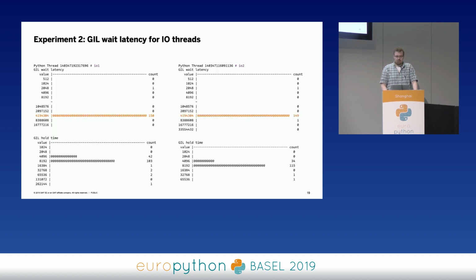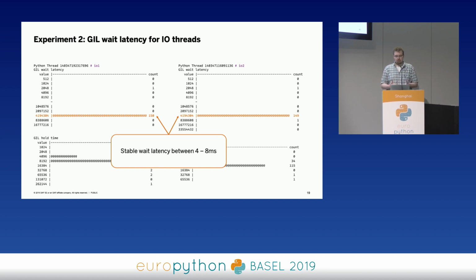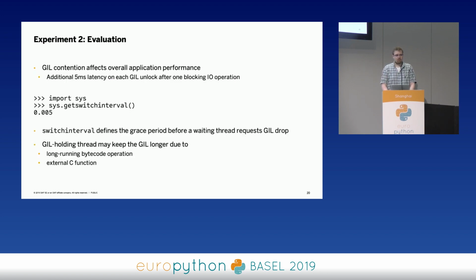Even more interesting is the latency for the I/O threads. If you take a look at the histogram of the I/O threads, then you will basically notice after some time that the latency is quite stable between 4 and 8 milliseconds. And that's quite interesting that it's so stable, but it also shows us one main disadvantage of this GIL contention. The GIL contention already affects the overall performance of the application by introducing 5 milliseconds additional latency to any attempt to acquire the GIL after a blocking I/O operation,